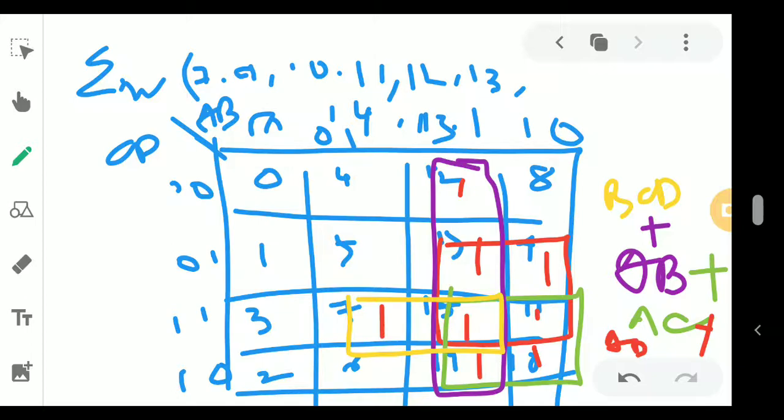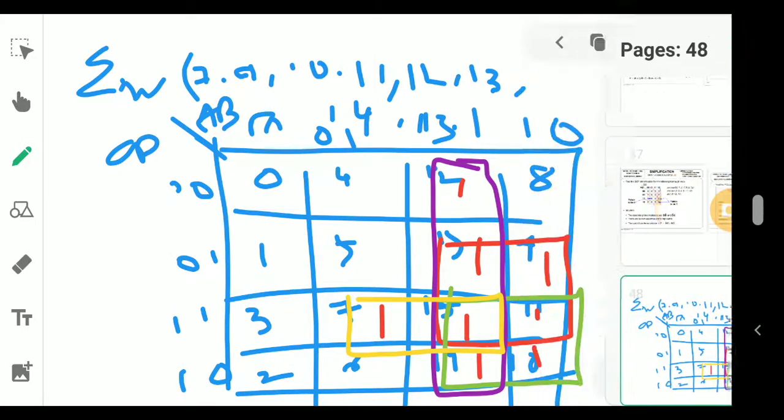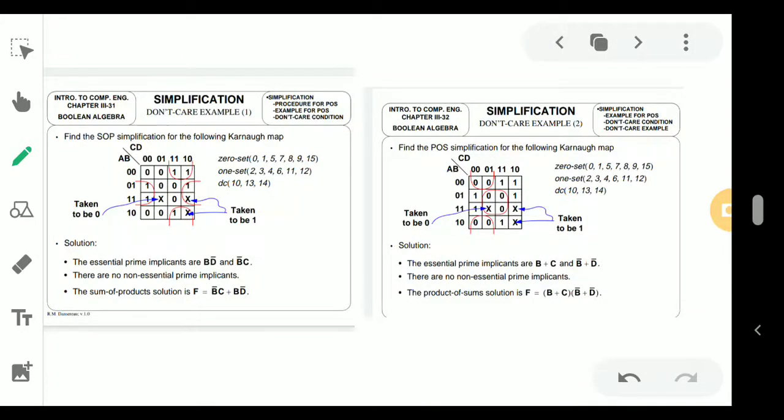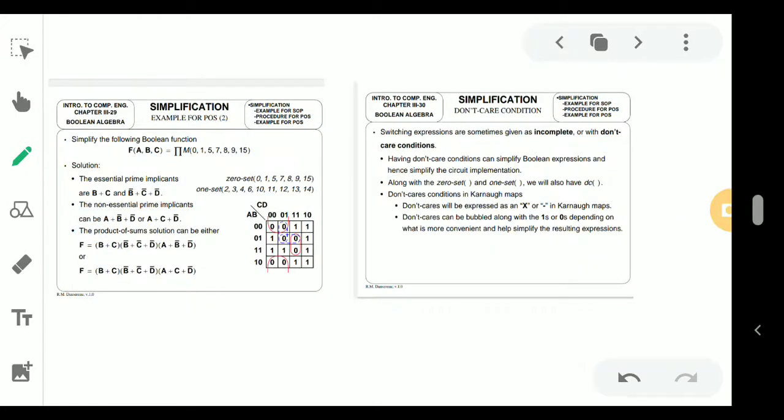In the simplest way, you can find out the solution of a simplification. If a Boolean expression is given to you, no issue, you find out the min term of it. If it is in plus and multiplication, like A bar into B bar into C, then plus the next term, it's the min term. So find out the min term positions and then draw it. If a max term option is also there, then also you can find it. So this is a simplification.